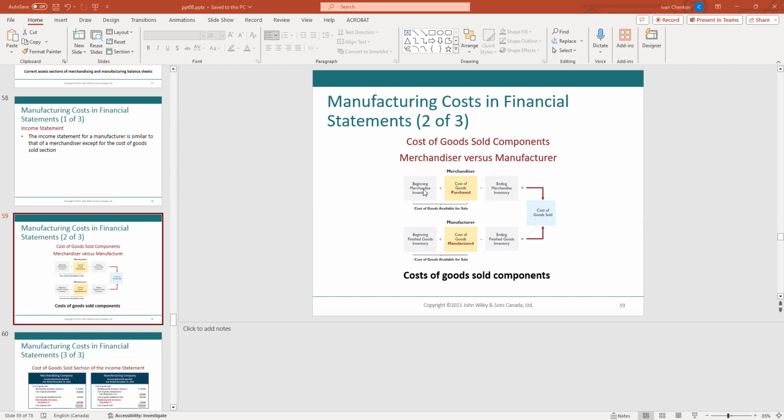Because that's what you have to do here. You have to get the beginning balance of the inventory. You have to get the purchases. You have to see how much is left and figure out how much you used or sold in this case. The other example will be